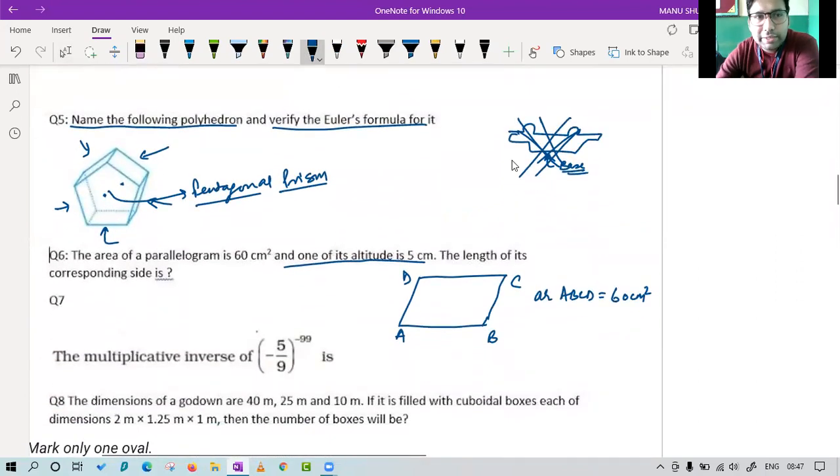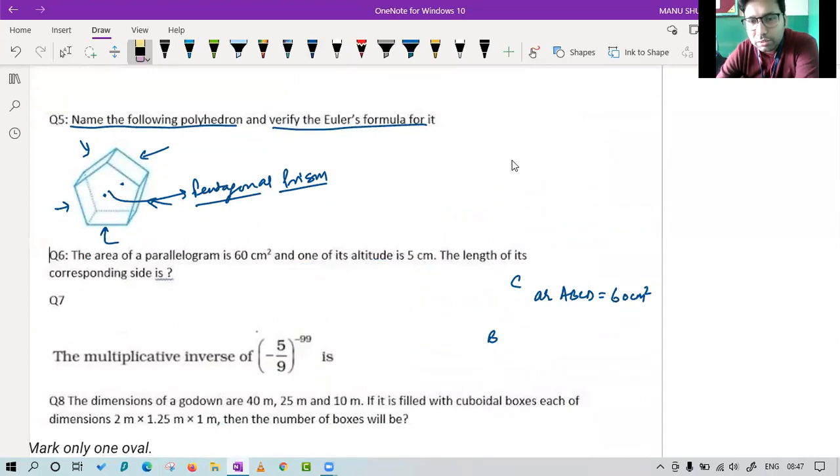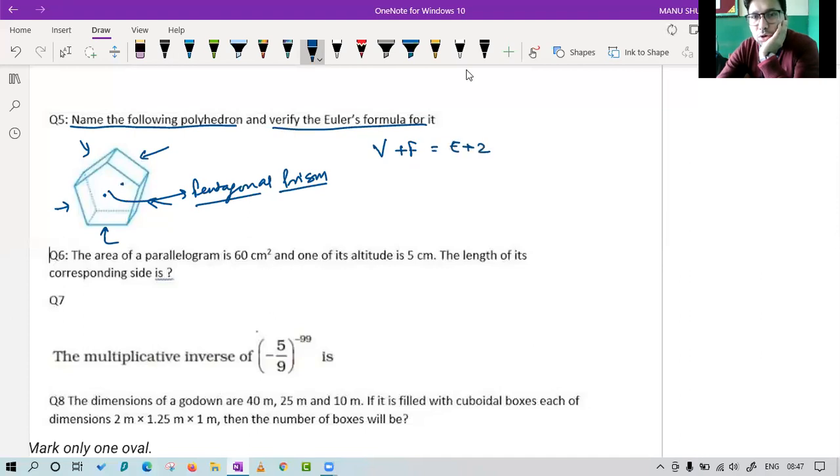One second. So we have studied Euler's formula. If it is applicable, then only it is a polyhedron. So let's see. First, verify the Euler's formula. What is the Euler's formula, class? Please tell. What is Euler's formula for a polyhedron? V plus F is equal to E plus 2. Or you can just do here and there, that is also fine. It is correct. Sir, we had this in exam. Yes, you had this in exam.